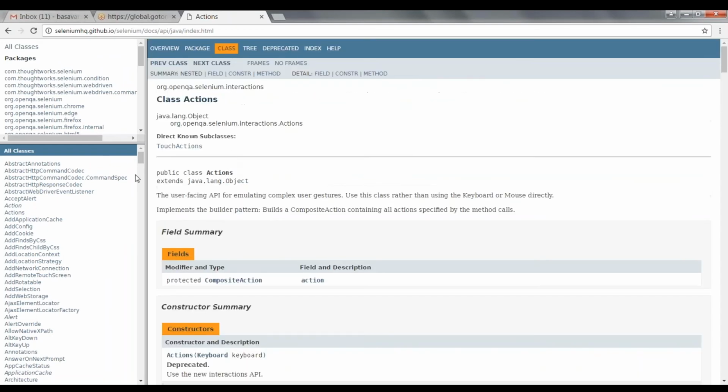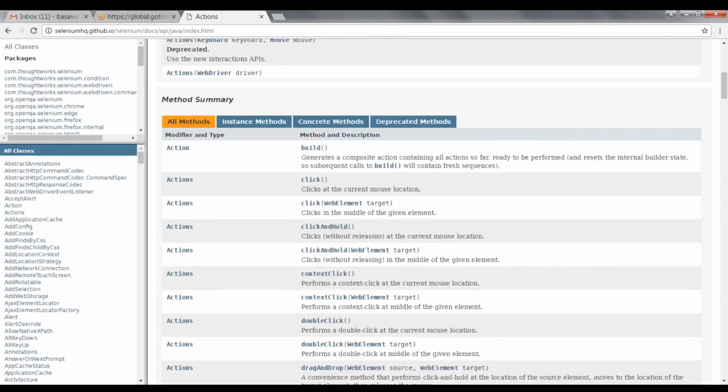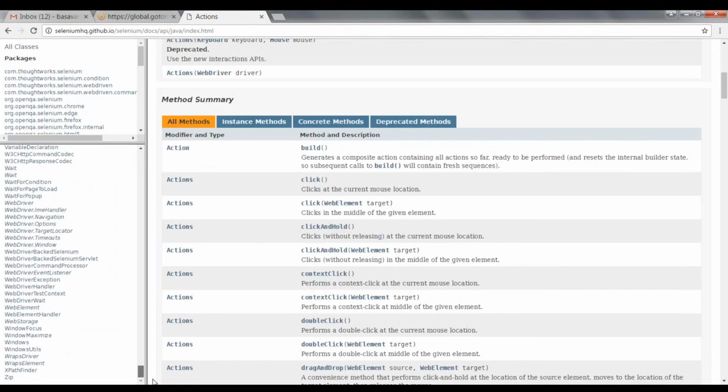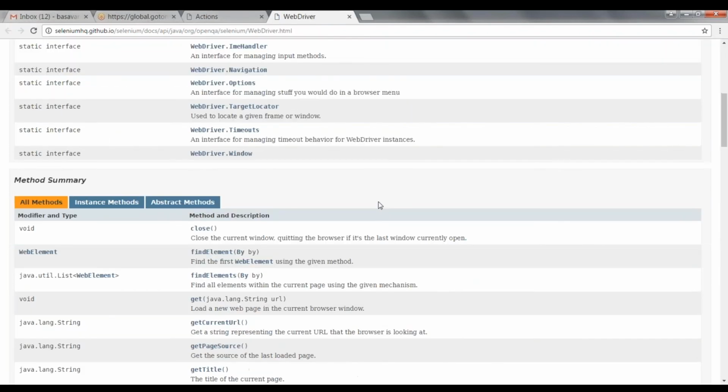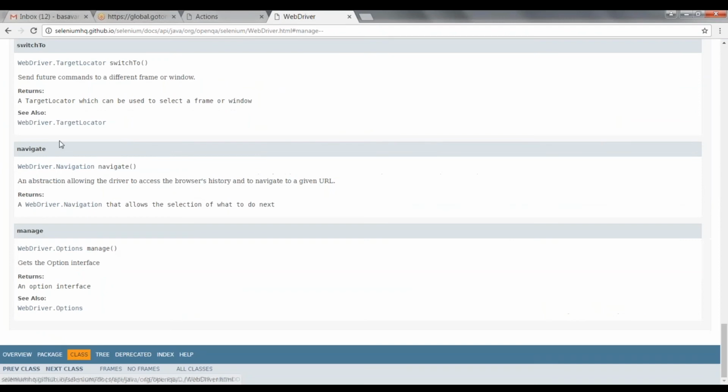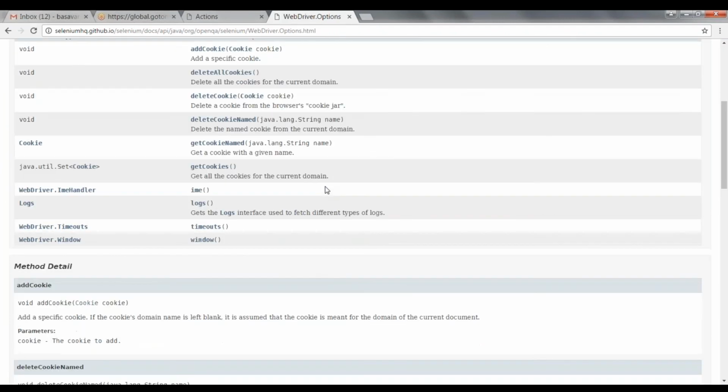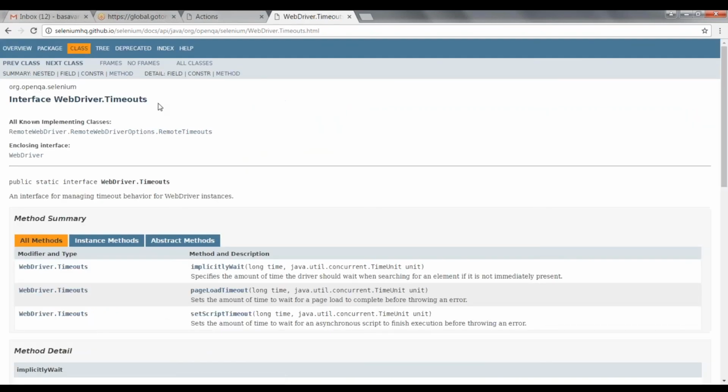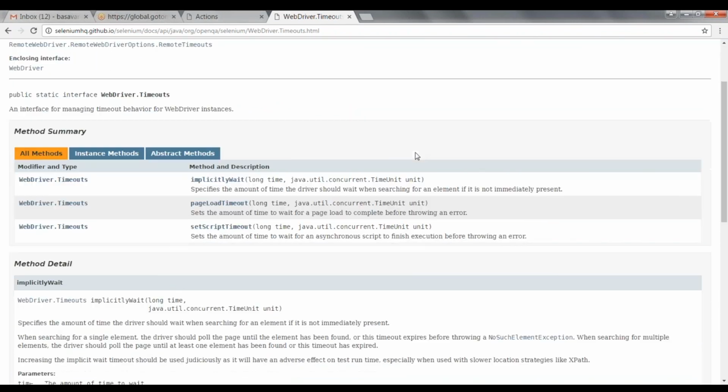Let me go to WebDriver first. My driver.manage() gives me WebDriver.Options. Similarly, I will go to Options. I have timeouts. I will go to the Timeouts interface. This Timeouts interface is also a nested interface of WebDriver, which has implicitlyWait.